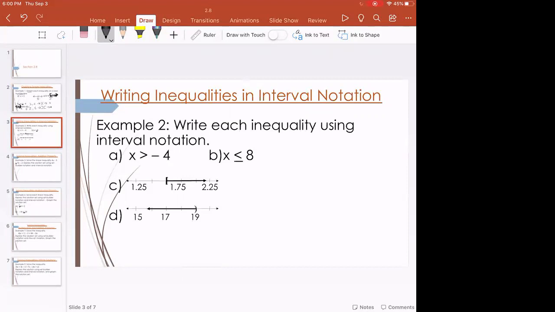Now, when you're writing in interval notation, that means you're using parentheses or brackets, and you can use one of each also, depending on how the problem is set up, to represent the interval from A to B, whatever those are. Okay? On A here,